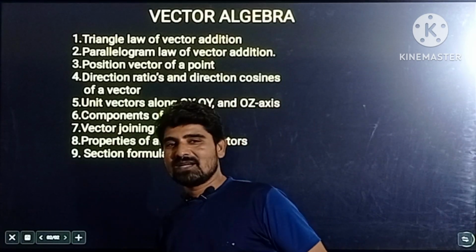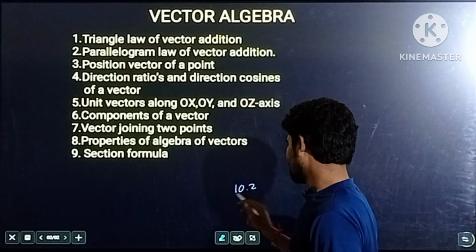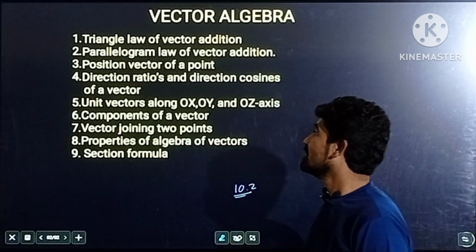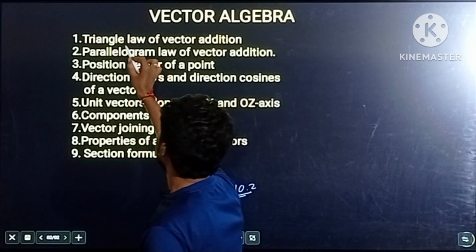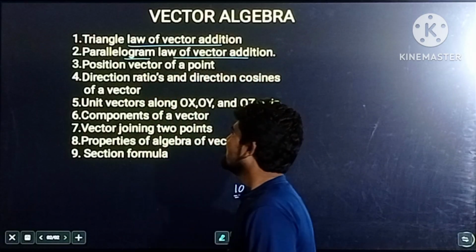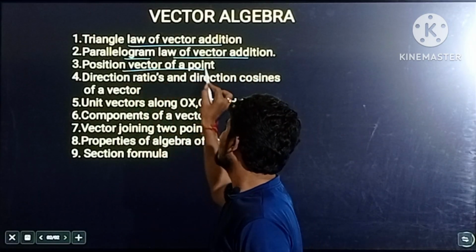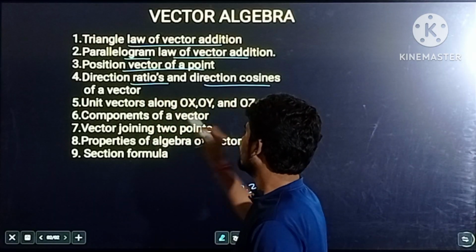In my previous video, I discussed the introduction part for the exercise 10.2. In that, I discussed the first four concepts. The first one is triangle law of vector addition, the second one is parallelogram law of vector addition, the third one is position vector of a point, and the fourth one is direction ratios and direction cosines of